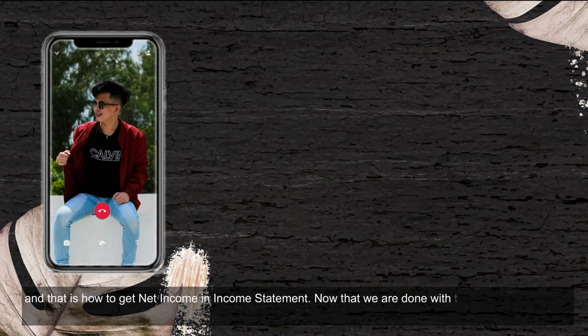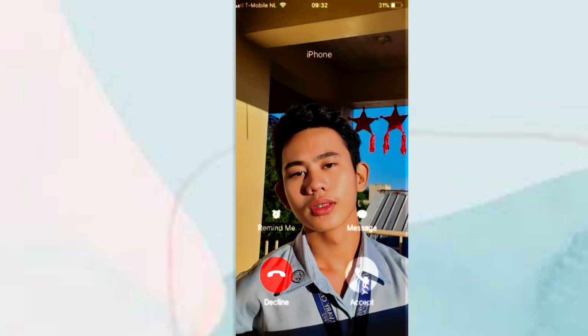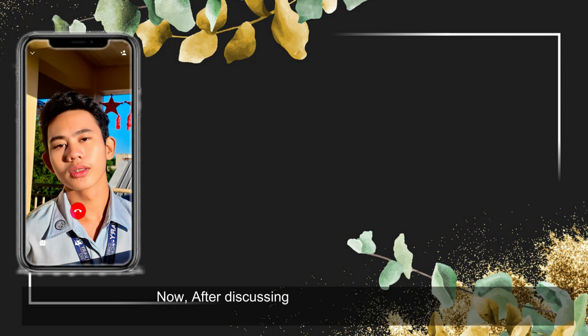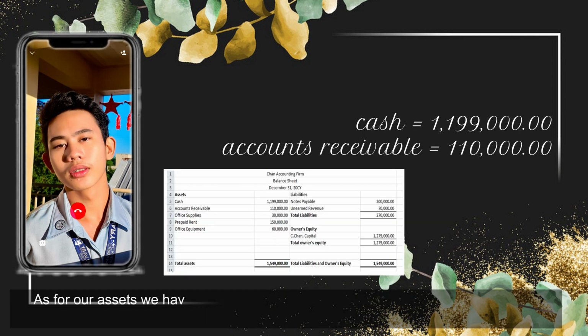Now that we are done with the income statement, we will proceed to the balance sheet, which will be held by Mr. Cyrill Jayectin. Thank you for that explanation, Mr. Jude Tumampos. Now, after discussing the income statement, we will proceed to the balance sheet of Chan's accounting firm. Of course, before we start, we need to identify if these accounts are in the asset, liabilities, or owner's equity section. As for our assets, we have cash,